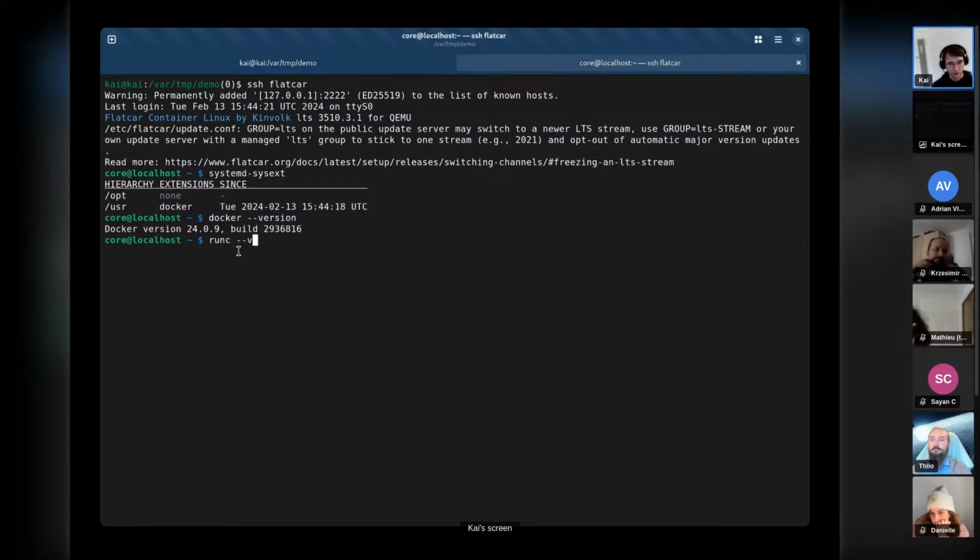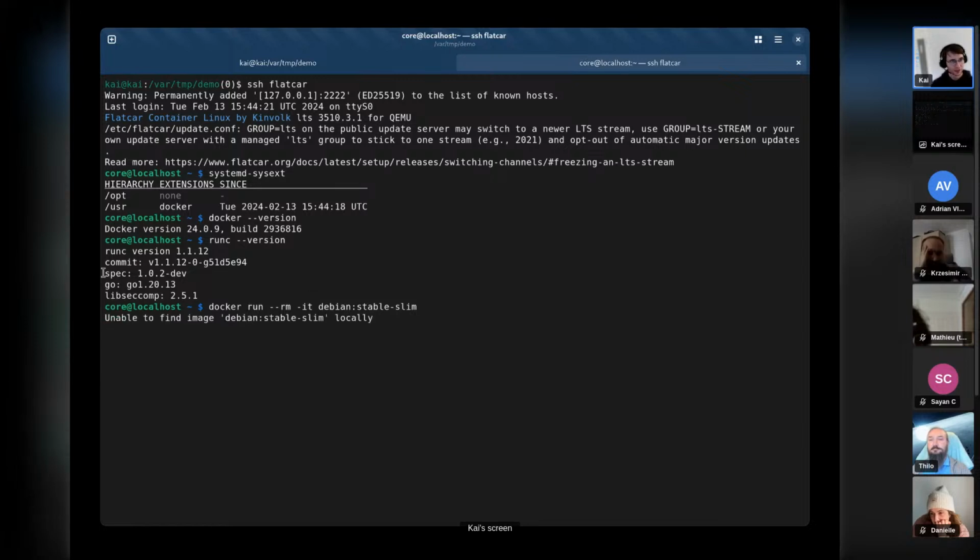So that's good, and runc is also the latest one. Of course, you probably also want to have a working Docker. That's something we can try quickly now. Okay, it's working. We download images and it seems to be fine.